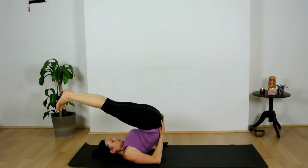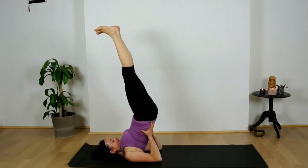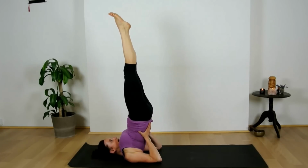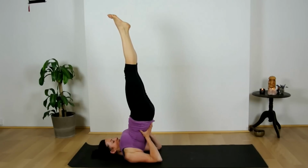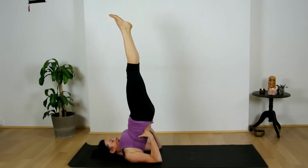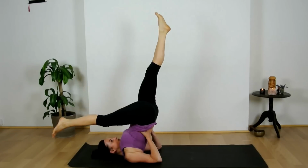Take your hands to your back. And then lift your feet toward the ceiling. You might like to walk your elbows in a little, bringing them a bit closer together. We want to stay lifted up all the way to the feet and with an inward rotation on the legs. Holding here, inhale. On your exhale, with a strong belly, lower your right leg toward the floor, maybe not all